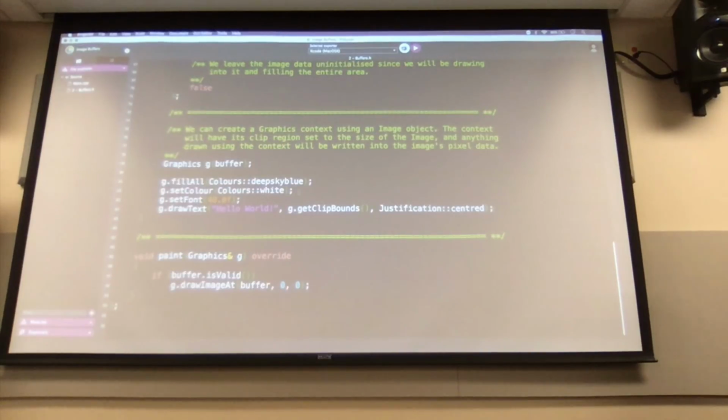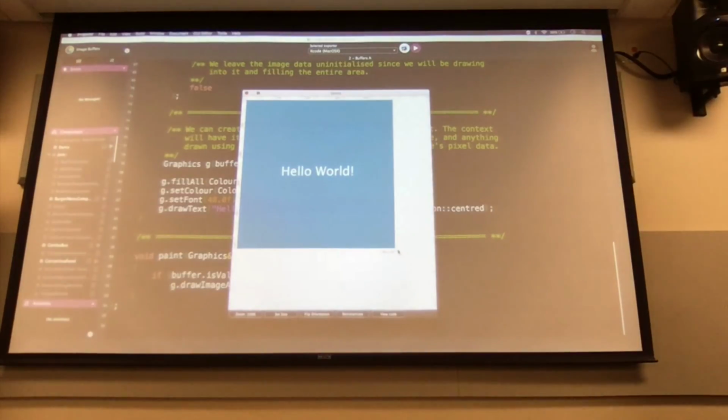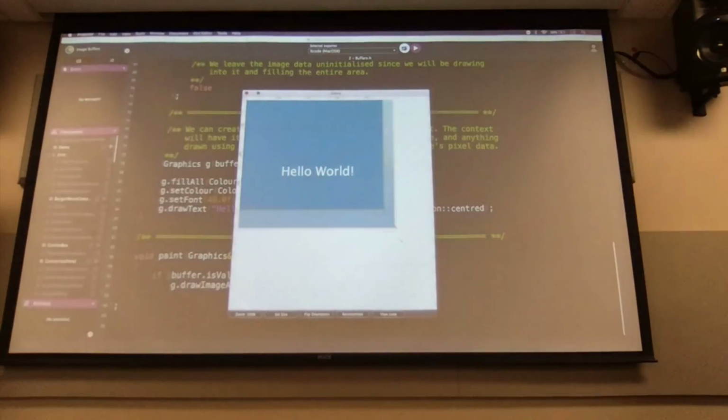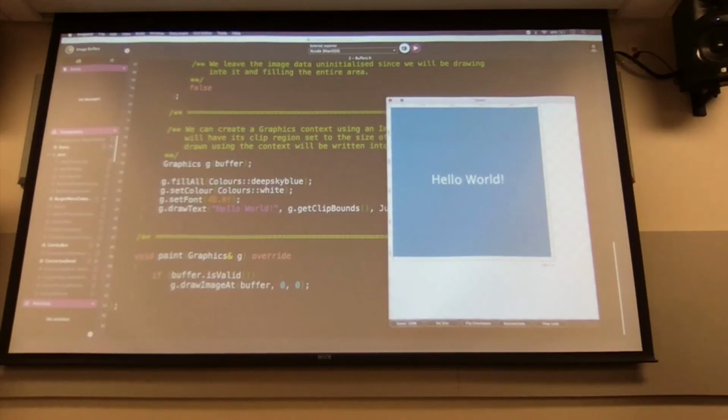We fill all of it with sky blue, set the color to white, set a font, and then draw hello world again. This time using the clip bounds, which will basically be that 0, 0, 500. And by the time we actually paint it, the buffer is valid because we set all this up in the constructor to actually have a block of data associated with it, and we drew into it. So we see hello world anytime we're repainting because it was created once and will always be there. If we were to set a time or something inside for this string,